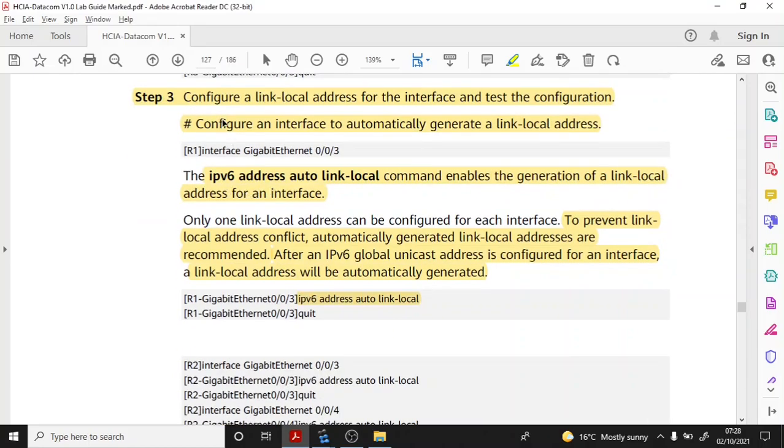In step number 3, we want to configure a link local address for the interface and test the configuration. Now, maybe just as a reminder, in IPv6 we have